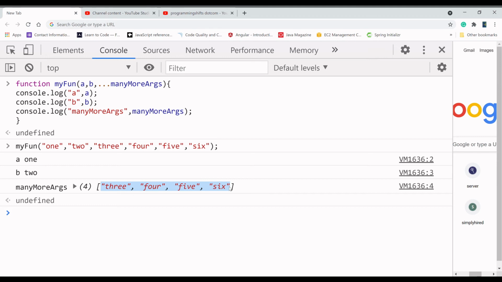So this is a very good concept, using the rest parameter. This is called the rest parameter. Now a and b are fine, but the rest of the data is the rest param.